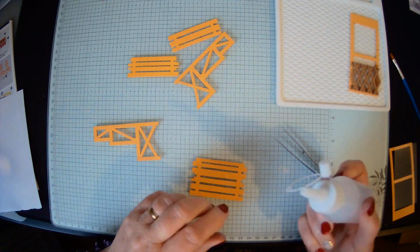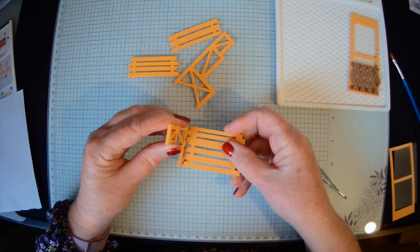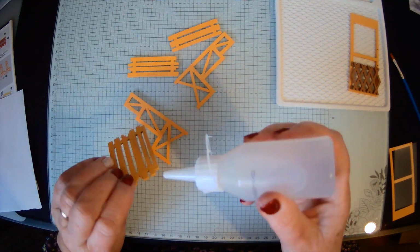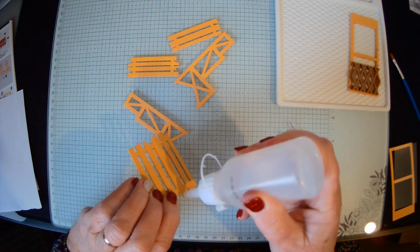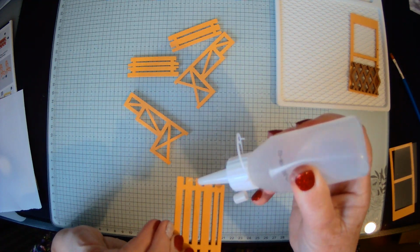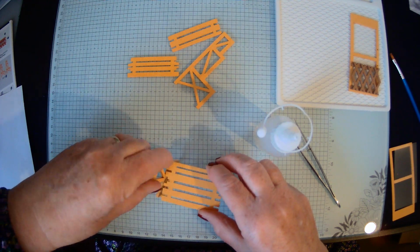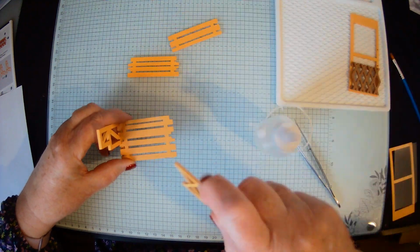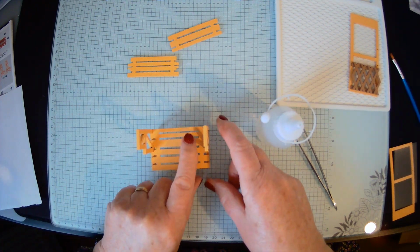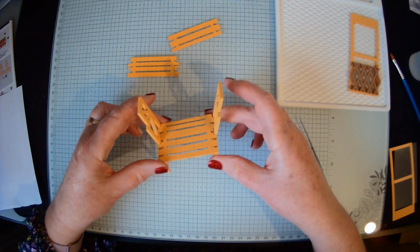So let's take my pencil and work out where these ones are going to go in. Yeah, so they go in either side of there. So a bit of glue on those edges, I think. And underneath. Okay, so I'm just going to slide that in there. And the same on this piece. A little bit of that seems to stabilize it quite nicely, and the glue I think is just the added bonus for keeping it